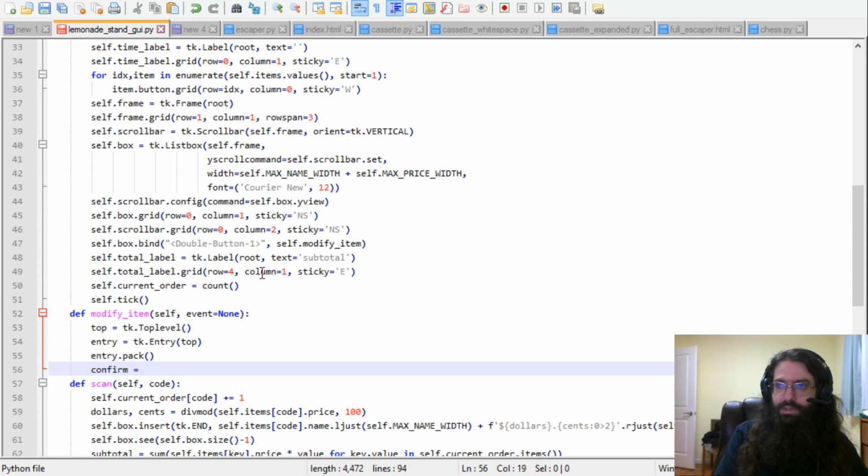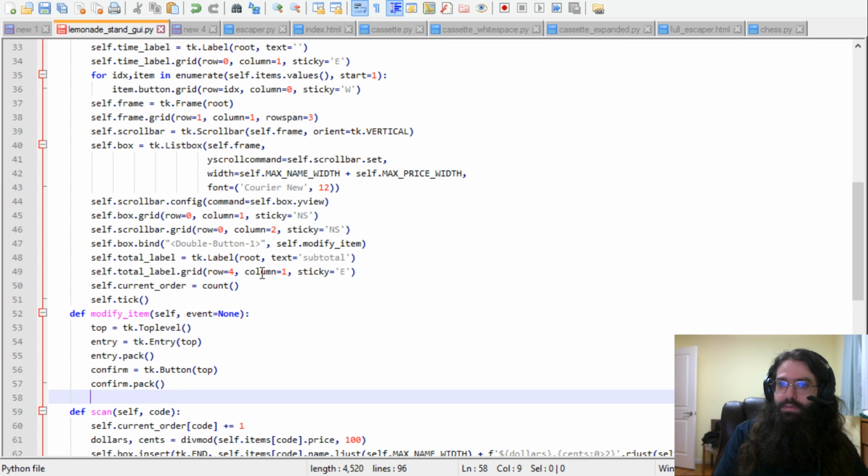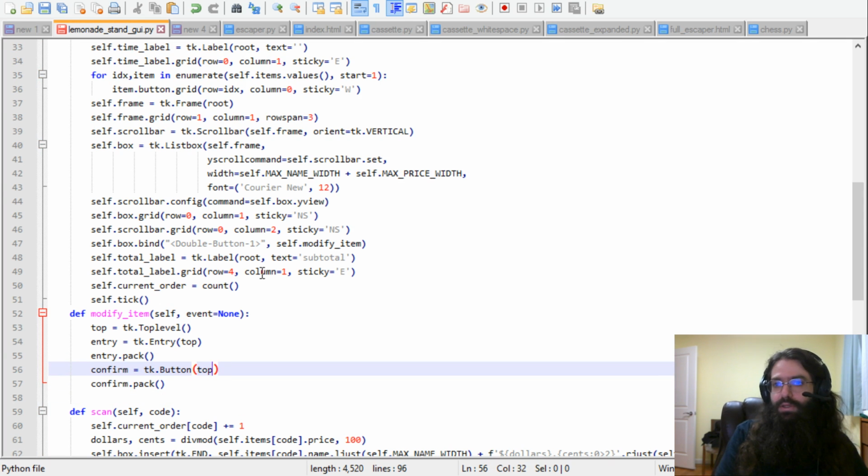Confirm equals a button, also in the top level widget. And then we need some stuff. It's going to be in top. It's going to say OK. And the command is going to be